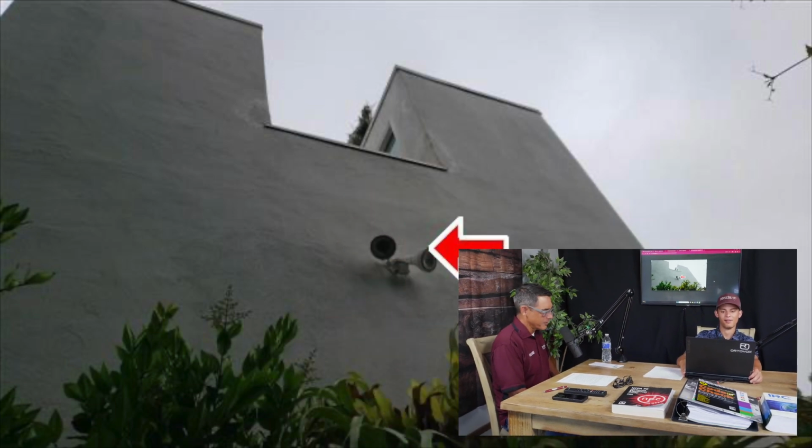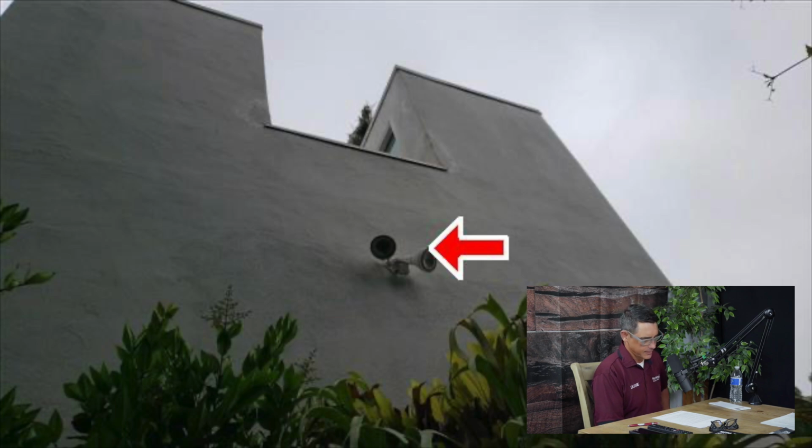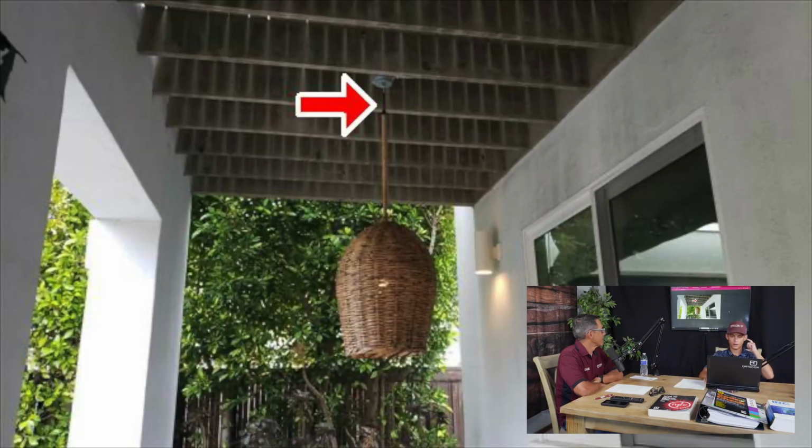So look at that there. So that's backed up. You should be able to find that light fixture. So this inspector is really good at taking pictures and putting a lot in his report. It's pretty cool. And so he's got a pendant light here, or a sconce here that's on the outside of the house, missing a light bulb, and he's showing a picture of where it's at, which is great. There's the pendant light. And this one is good because you can't even see what the defect is in the photo, but he's showing you where